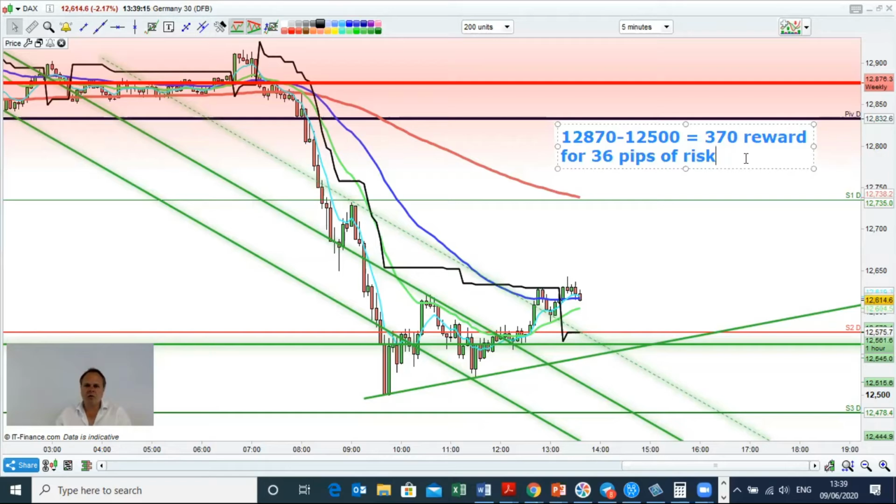But even if you close a trade at 180 pips, 36 pips risk, then you still got a 5 to 1 return. But I'm sure as a trader, you would love to be able to get a trade where you're only risking just 36 pips to get that kind of reward. So if you'd taken that, you'd have then been in for a 10 to 1 return. So let's have a look at